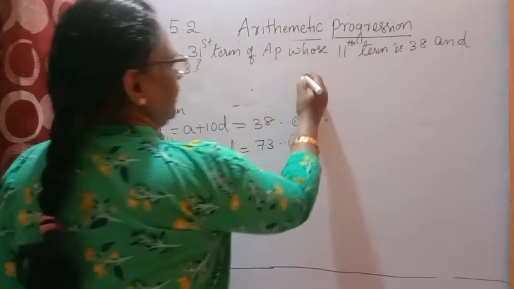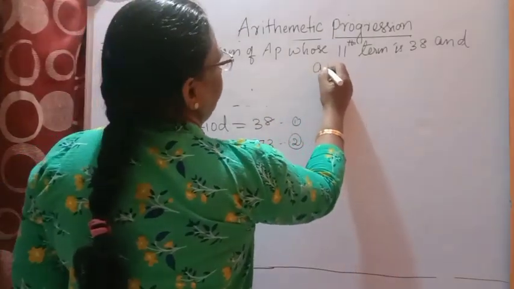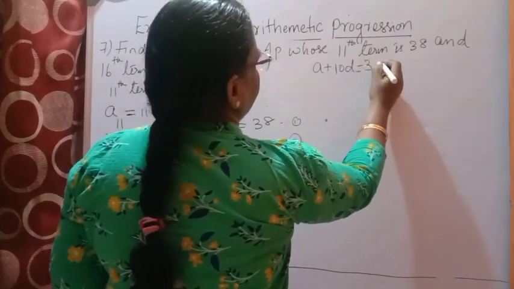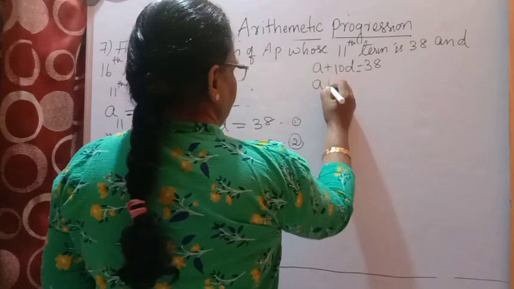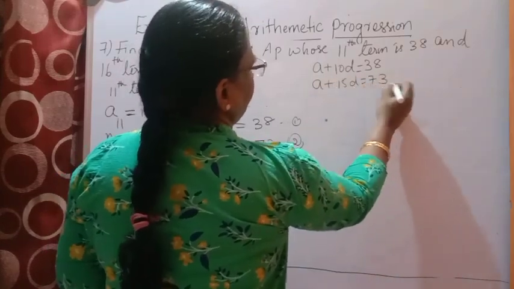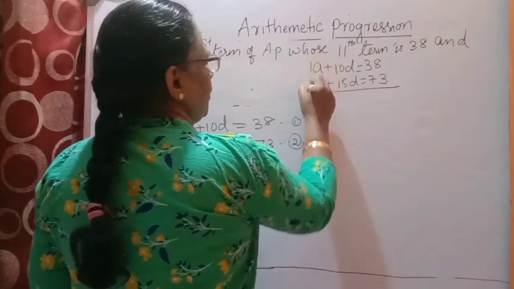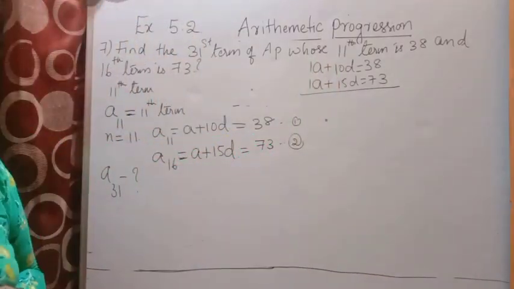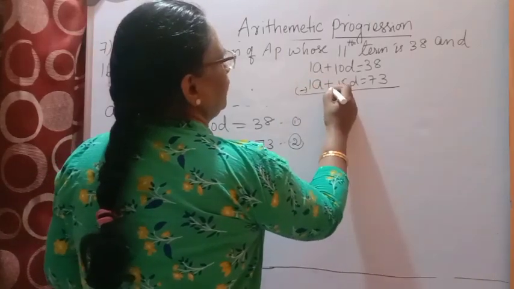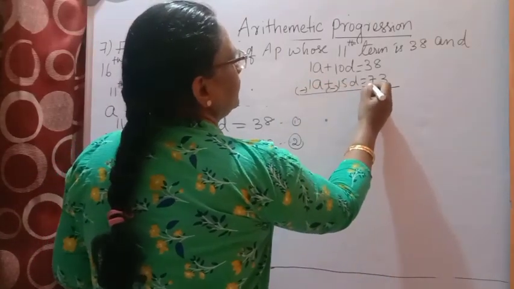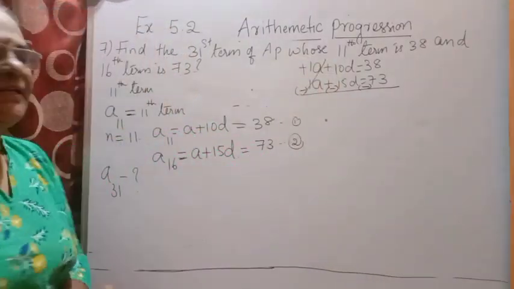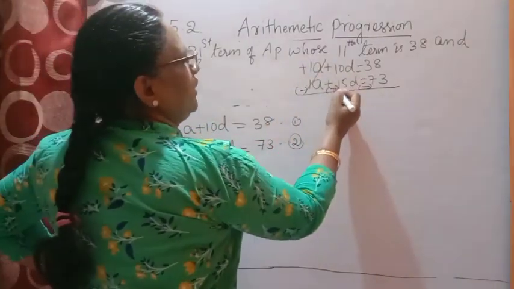So here A plus 10D is equal to 38. A plus 15D is equal to 73. Now here A has the same coefficient, but you have to cancel the term A. What do you do? You have to change the sign of the second equation. Change the sign. So plus A minus A gets cancelled. Plus 10 minus 15 is